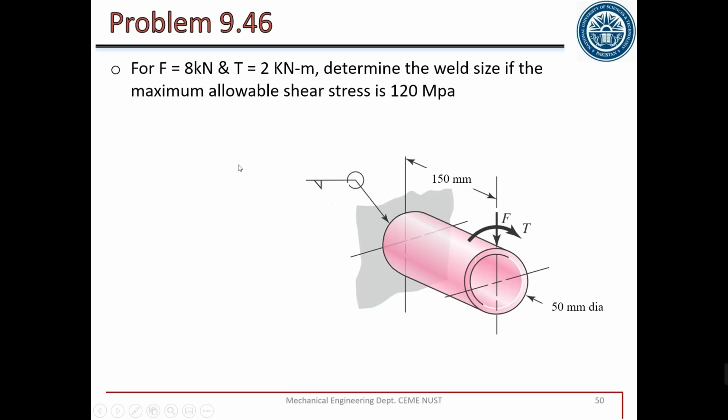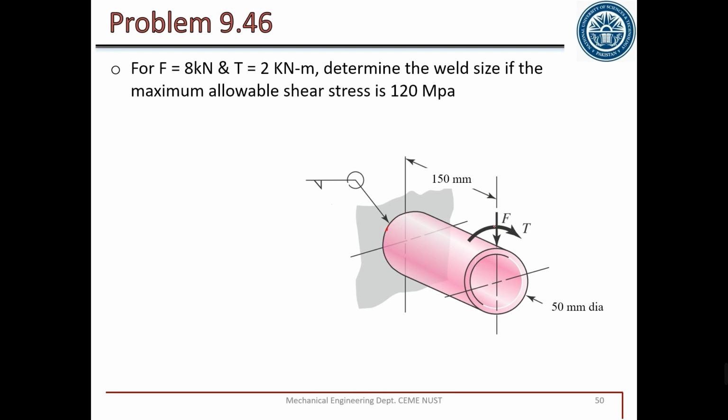So starting with the first problem of today, this problem is exactly the same as the last problem we did in the last class. In that problem we had only torsion T applied externally, but in this specific problem we also have a force of magnitude 8 kilonewton applied vertically. So now we have force, torsion, and force and torsion, and this will cause all three stresses at this end. We will assume that the weld is made here. This whole circle is a weld.